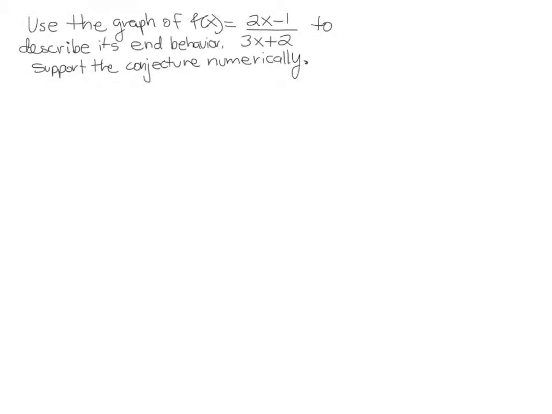Okay, in this example, it says, use a graph of f of x equals (2x minus 1) over (3x plus 2) to describe its end behavior. And I have to support the conjecture numerically. Well, first of all,